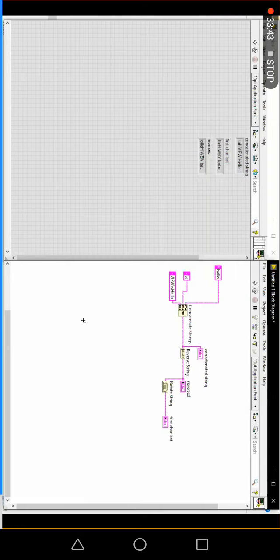Okay, I'm giving a step into over there, because we want to see the changes here. So I'm going to run the VI and step into. Now the program will pause over there, and it will highlight the function to be executed.